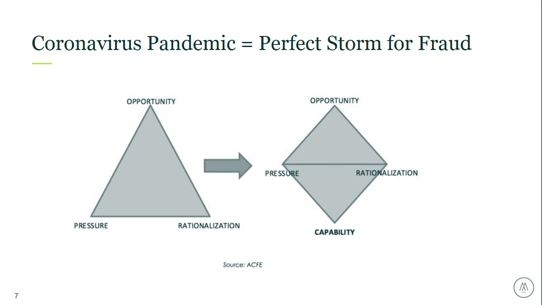So data from the 2020 report to the nations indicated that 42% of occupational fraudsters were living beyond their means at the time they committed fraud, and you'll see that in some of the cases that we're profiling today, and 26% were experiencing financial difficulties. These are the 2 most common behavioral red flags for these crimes, and we'll see that again in the cases that we're looking at today.